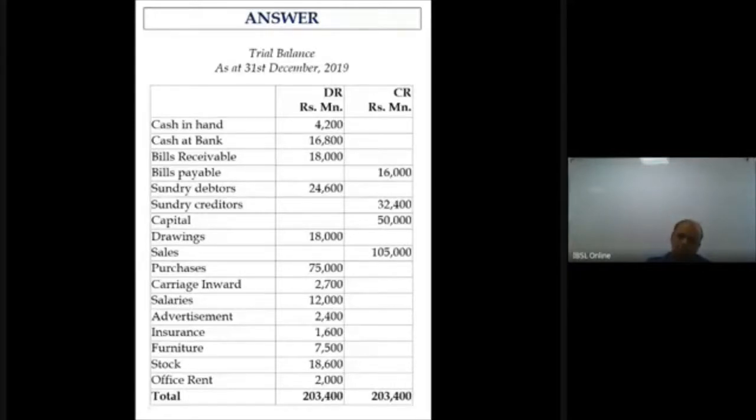Now say in some other questions you might get dividends also. When you have dividends, it is not correct for you to deduct it from the capital, because dividends are a payment from your profits. So as a result, you should not net off capital and drawings. Those should be reflected separately in the trial balance. And when you are preparing financial statements also, we will show these two separately. I will teach you how to show it in the financial statement. Okay, right.